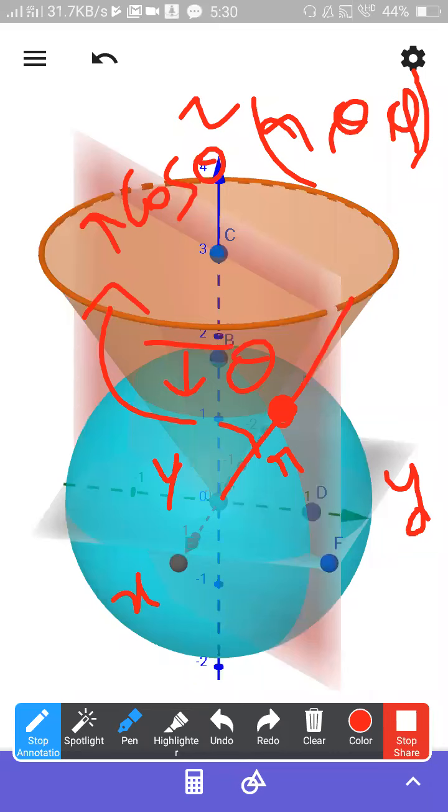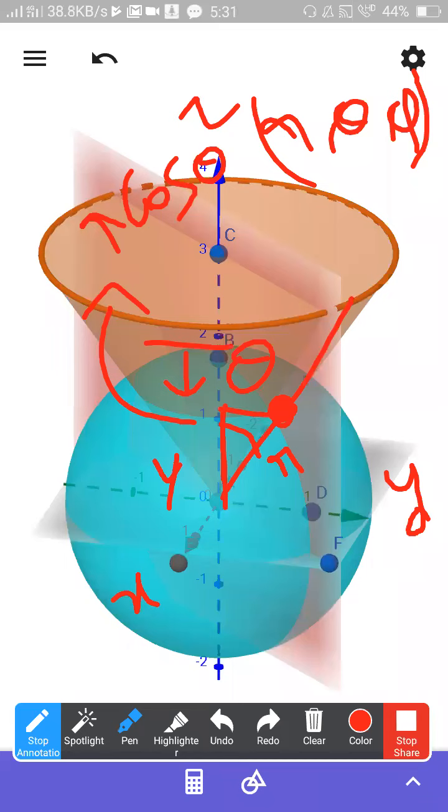You apply the Pythagoras theorem and everything. Cos theta is equal to adjacent side by hypotenuse. So if it is r, the z-axis value will be r cos theta. So the corresponding value for this will be r cos theta.